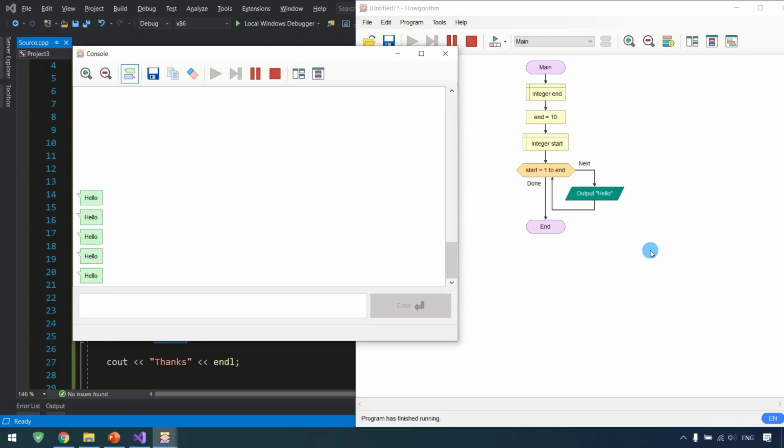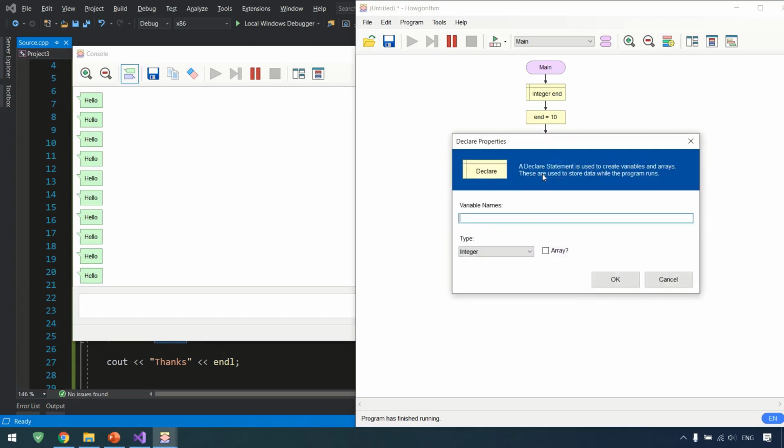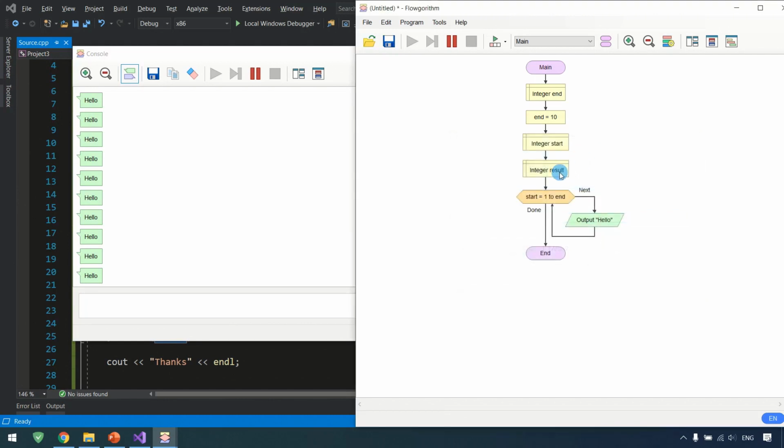Okay. Look, each time it is returning to the same point and it's outputting something. And then end. So 10 outputs and then it ends. Okay, if I wanted to have a result, I declare another variable. So declare result. I'm going to declare another variable which is result, and the value of the result is